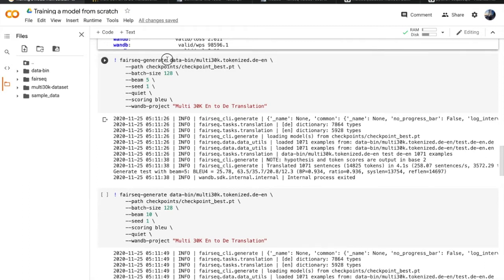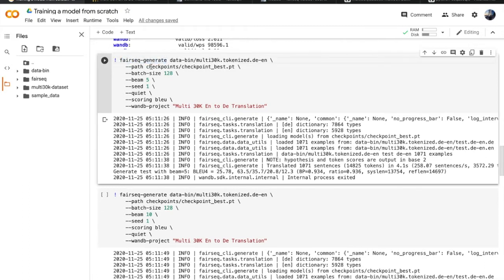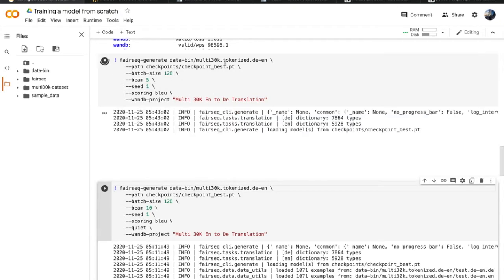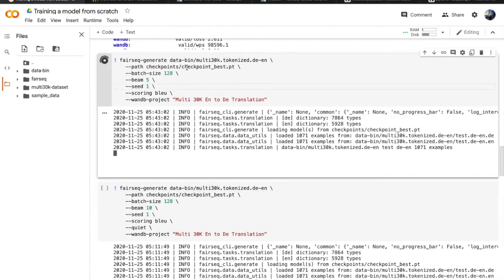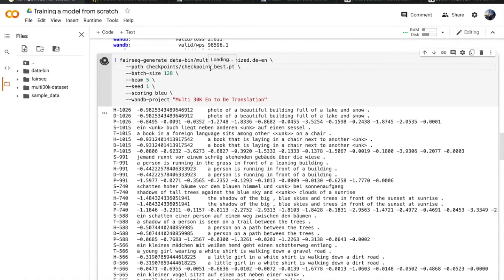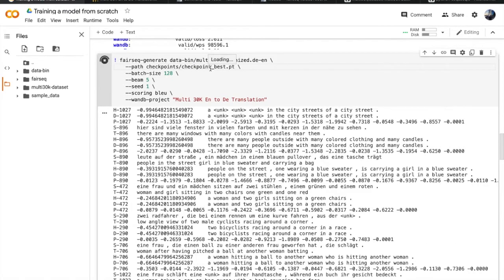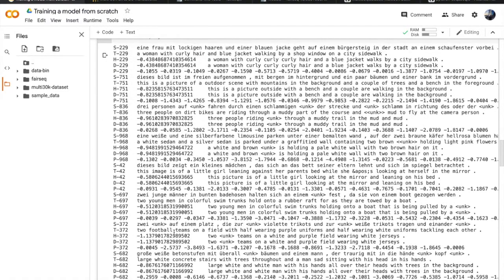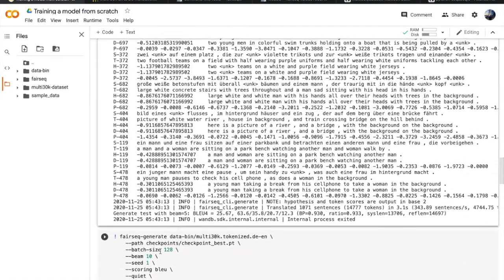fairseq-generate is another command within the fairseq library which can be used to generate translations. Let's run the translations of our model over the test dataset. This is what this does. At the end we would get a BLEU score. We are running fairseq-generate on the checkpoint best. Checkpoint best is the checkpoint where the validation loss is the lowest. We'll see how it performs on the BLEU score.